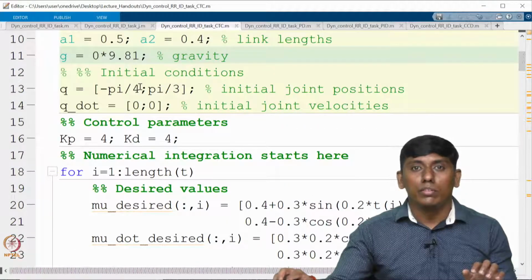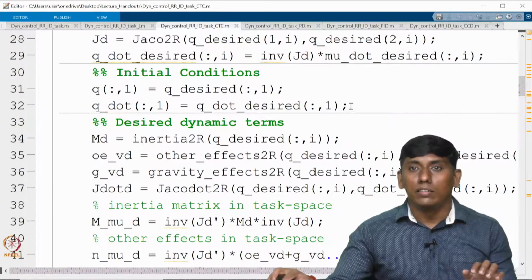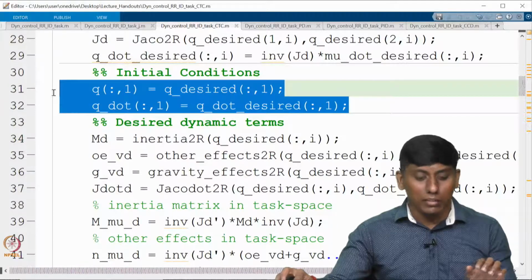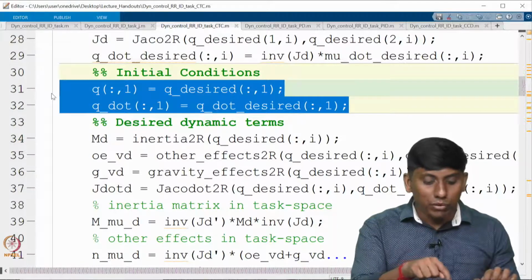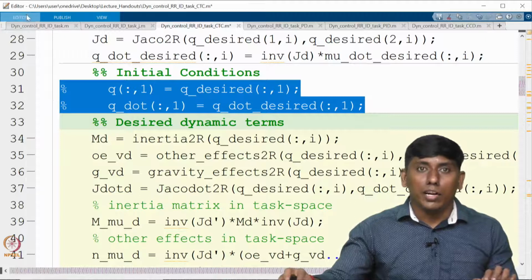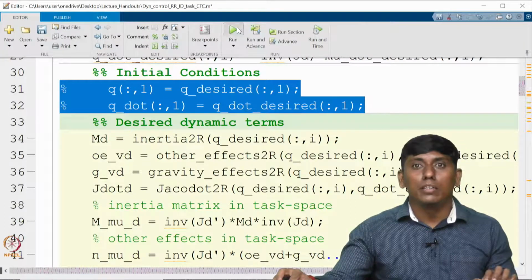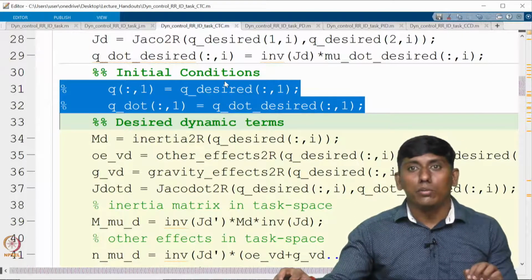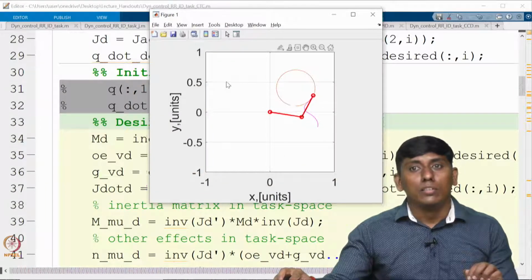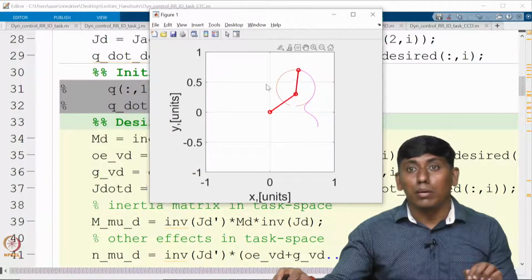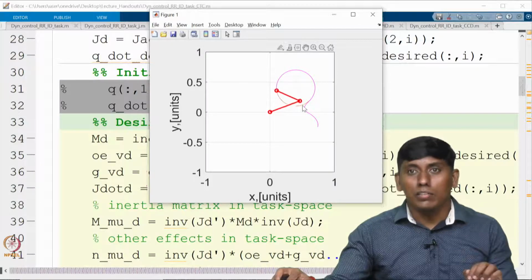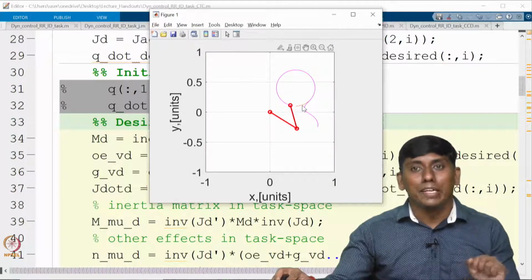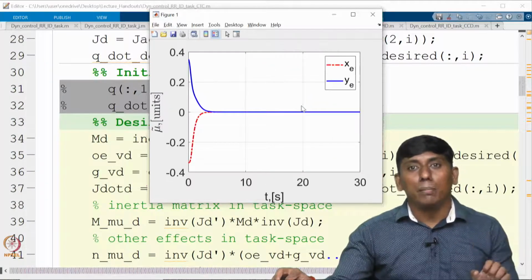You have assumed this is the initial, and this side I am not making it equal. Okay. Now I am just trying to show that the gravity is coming, but whether my computed torque control is working or not. You can see this is working, but if I start from here itself, that gravity is not properly compensated. That is what happened earlier.